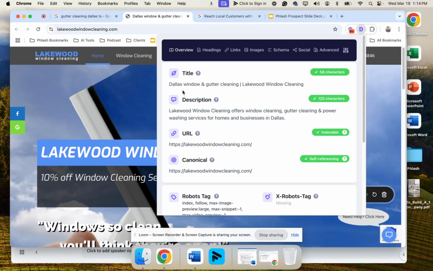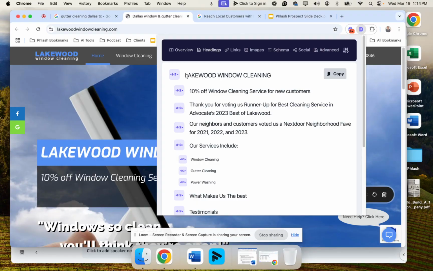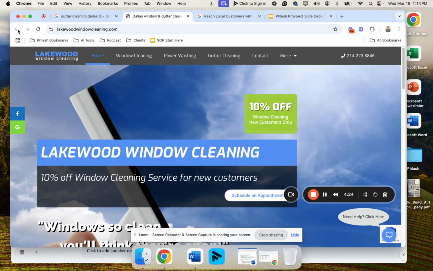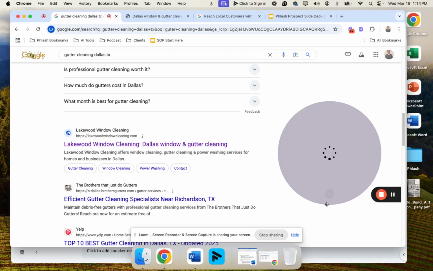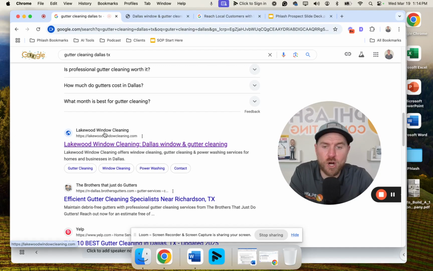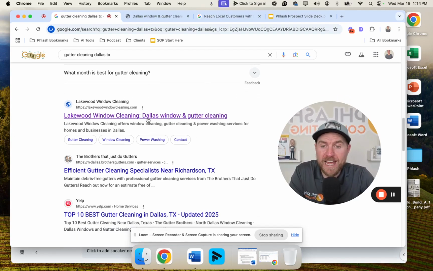So there's 3 big things here. You have your title tag, mentions Dallas, meta description mentions Dallas, and then their H1 does not mention Dallas. So those are the 3 big that you would want to have being shown for Dallas. Now, if you don't have a website or it's not optimized properly, it's going to be hard to be shown here if you're not actually doing SEO. And that's truly what SEO is on your website, is optimizing your title tag, meta description, and H1, all for